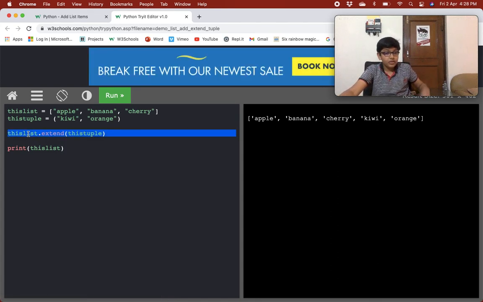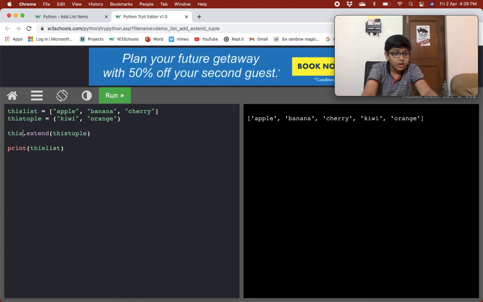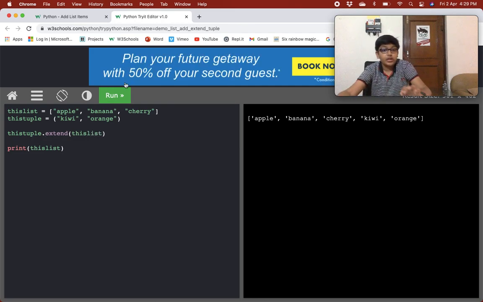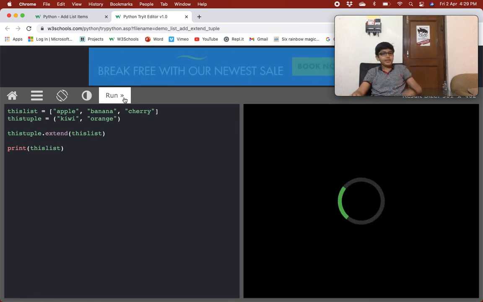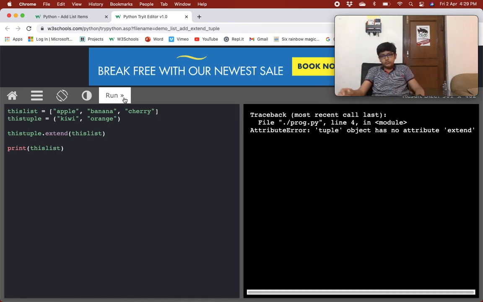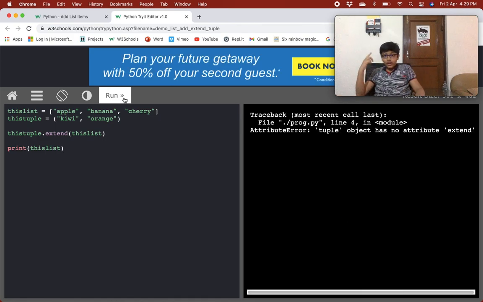But see, if we give this tuple dot extend this list, then what would happen? I'll just draw it. It is giving us an error because this tuple is an iterable, but it does not have any extend method.